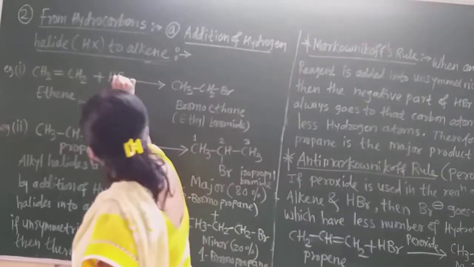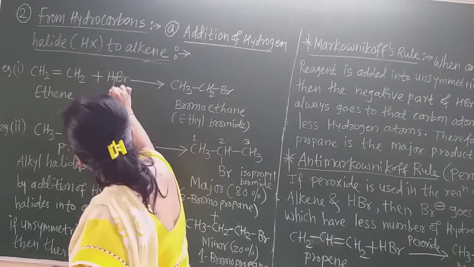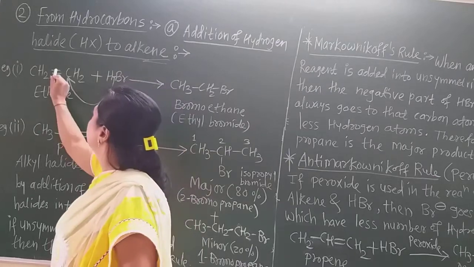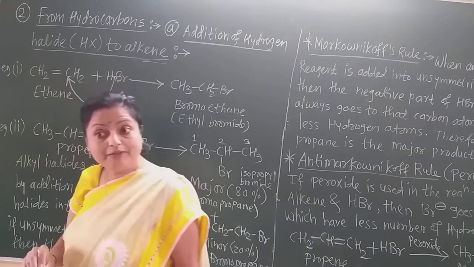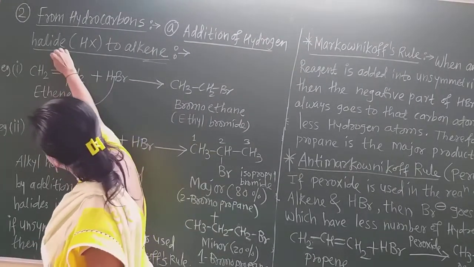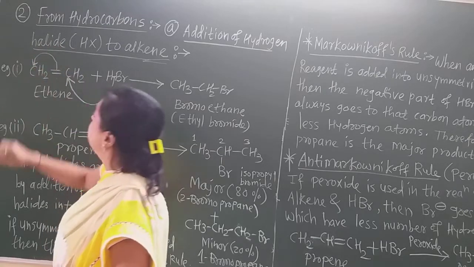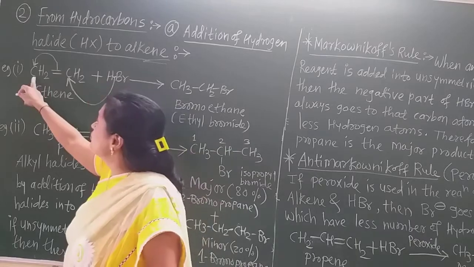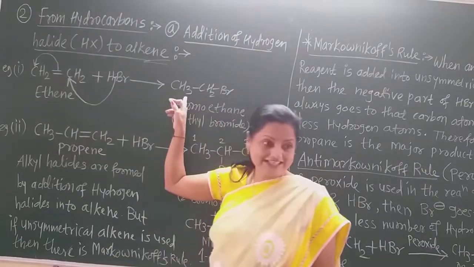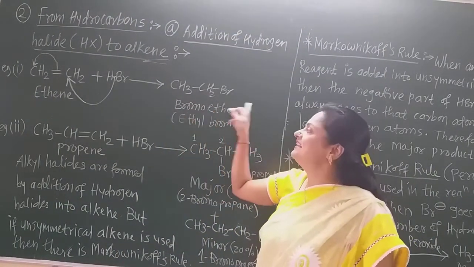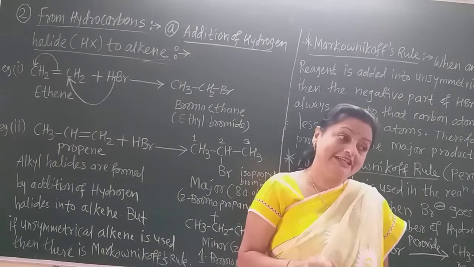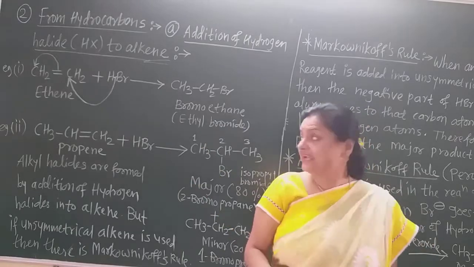You know the mechanism very well from 11th standard. I told you in this way. This bromine attacks here. Now there will be 5 bonds, so this bond must shift onto this carbon and there is the negative charge due to that bond, and this H plus attaches to this and that becomes CH3. Now this is the mechanism and here is the formation of bromoethane. Do you understand this? How bromoethane is obtained by using such a mechanism.